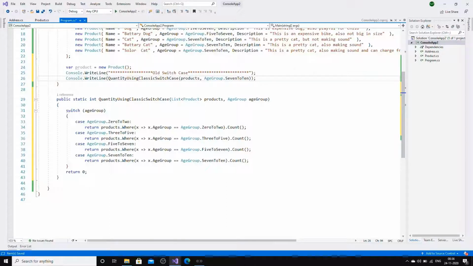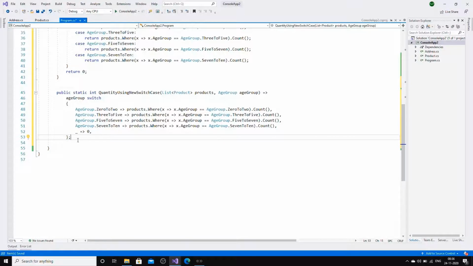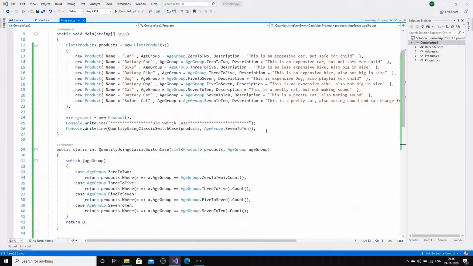After this, I will create a function which will use the new way of writing switch case statements. I will just put it over here so you can see this one is a little bit different from the old one.